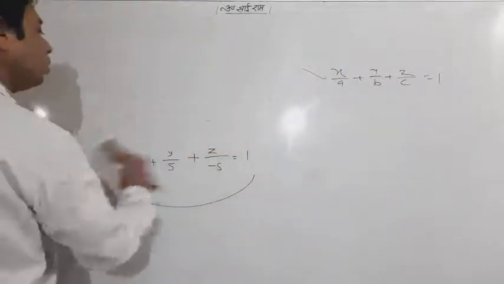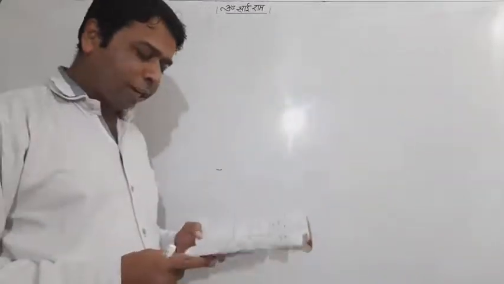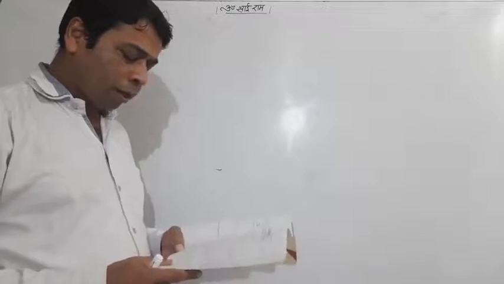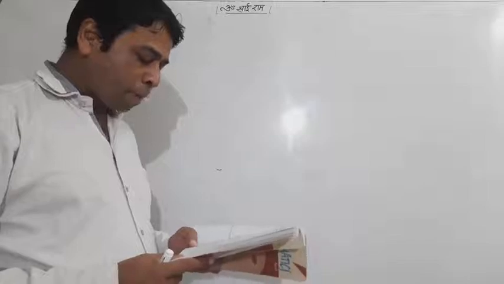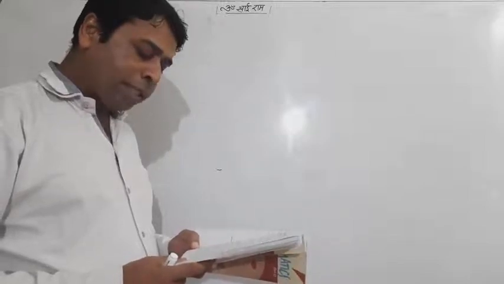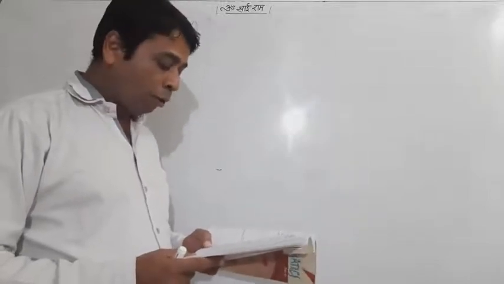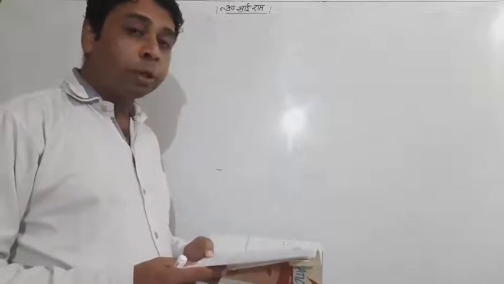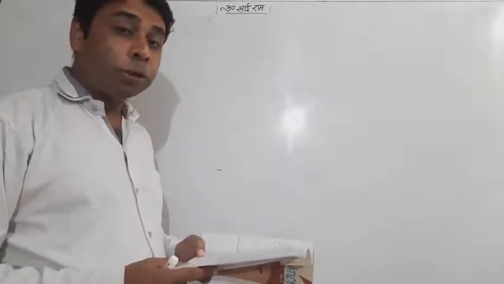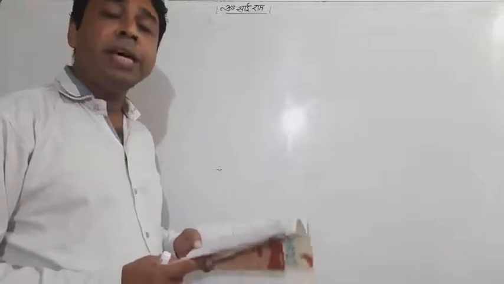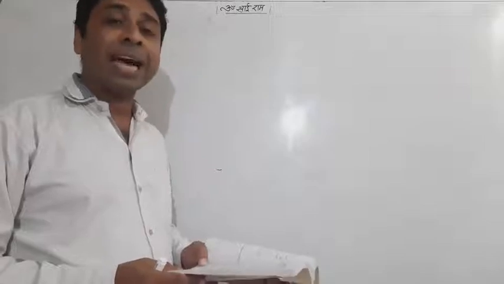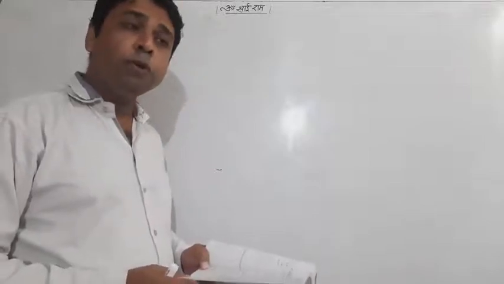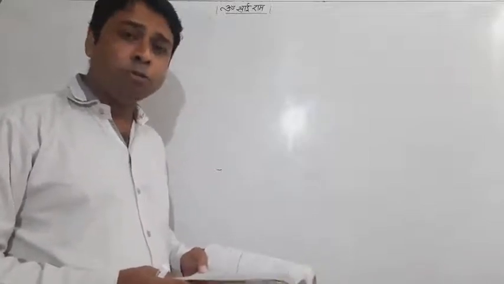We have done the 7th question. Now I'll move on to the 8th question. Already explained, I'm not doing it right now. Question number 9: find the equation of the plane passing through... Question number 9 is the same as example number 20, which I have already taught you. Please follow. Here I am telling you which question is equal to which example. So if you see example 20, it is the same as question number 9.